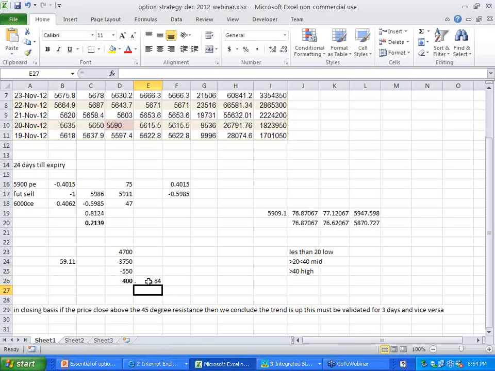This 400 rupees will become 400 plus 84. My money of 400 can appreciate to 484 rupees. Same way, if the Nifty falls down by 59, then my 400 will also reduce by 84. However, I have reduced the risk capital to 400 rupees. Instead of buying an option and taking a 3,000 to 4,000 risk, I have reduced my risk to